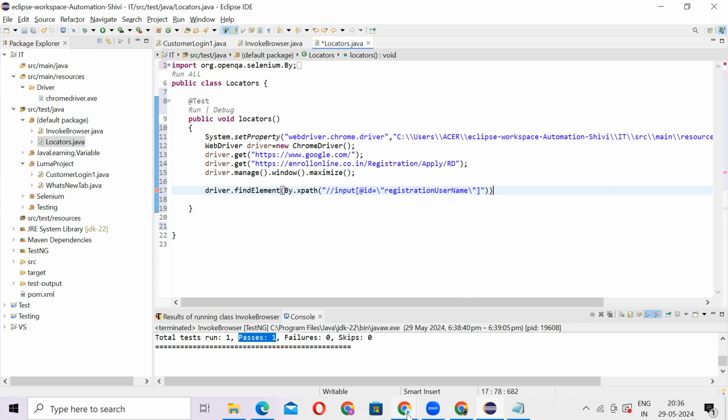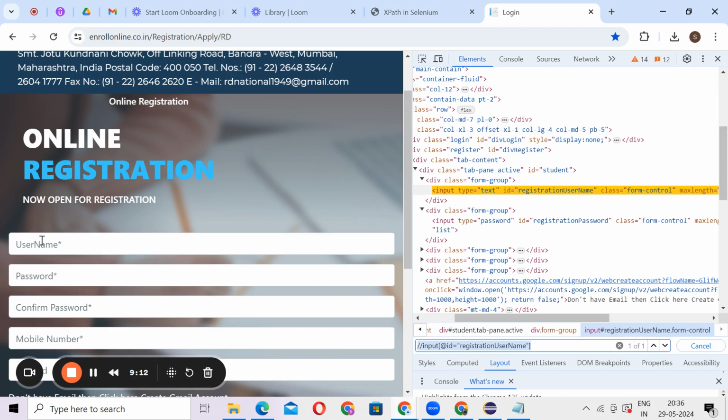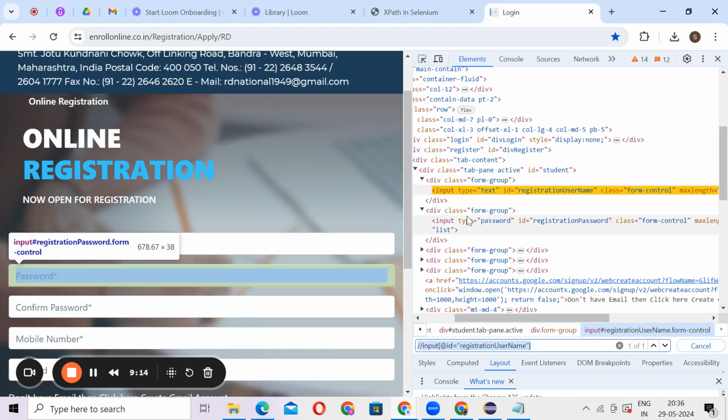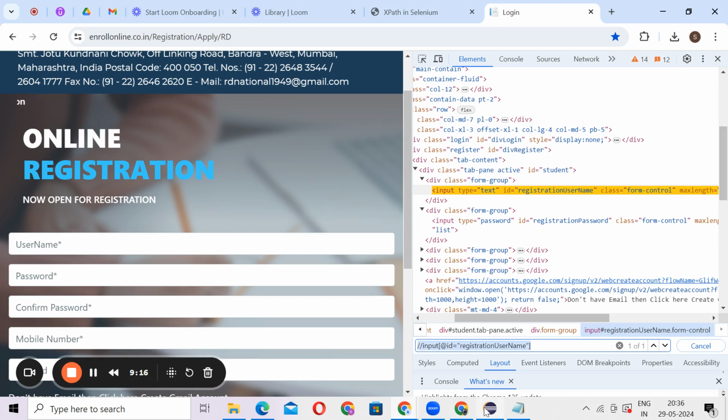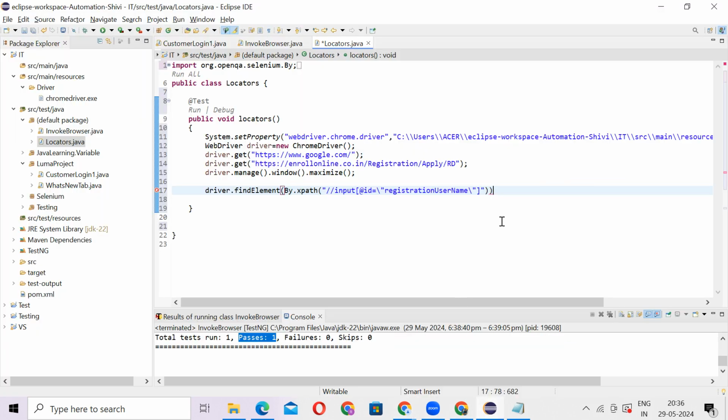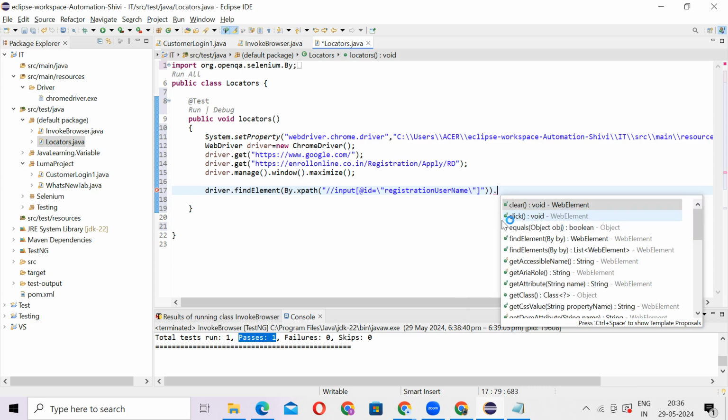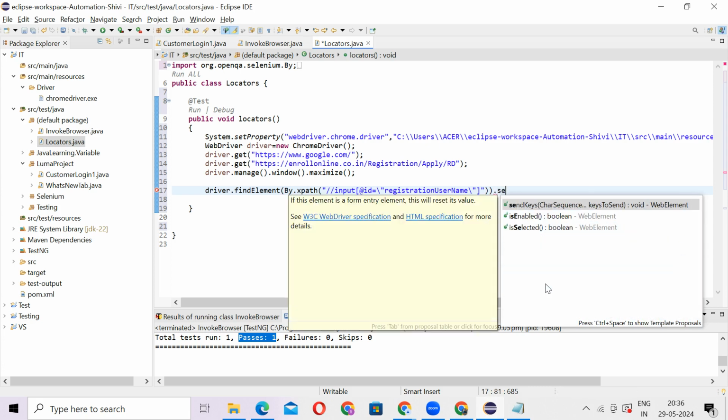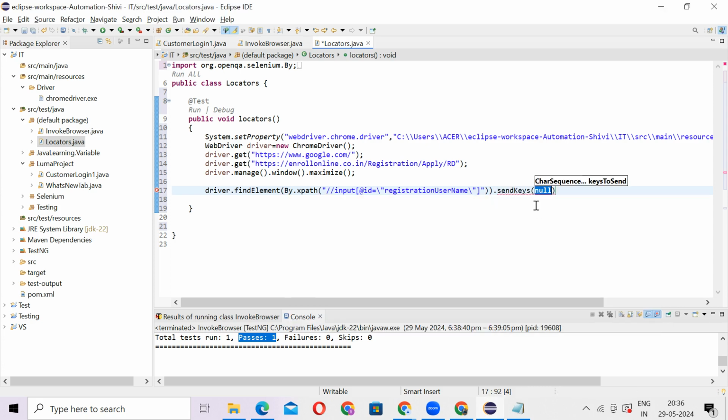Now what operation do you have to perform? We have to type something here. After locating, this XPath will only locate this field, it will only click on it, but you have to type something here. Usually you have to type some username here. So what we will do is dot, and see, again methods are coming. The sendKeys method is used to pass any value.